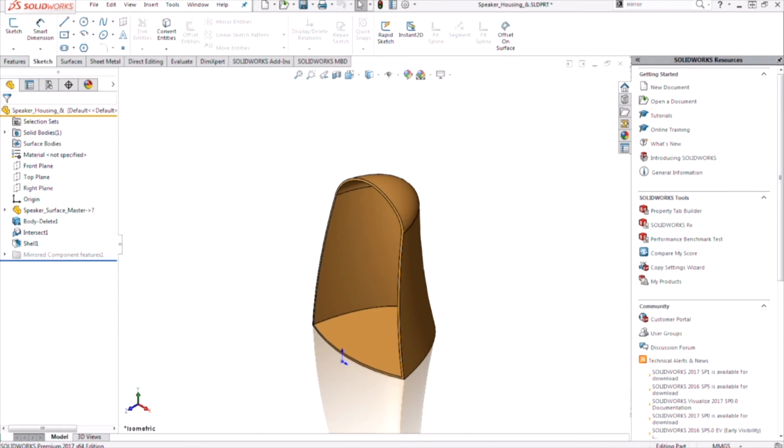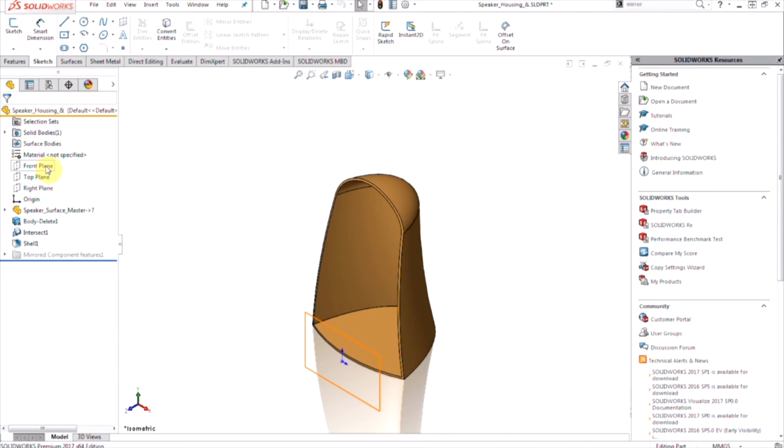So imagine we're at the tail end of our design process and our part is completed already. All that's left is we need to create documentation, and part of the documentation is creating a mirrored view inside that drawing. In 2017, SOLIDWORKS has introduced the ability to mirror a drawing view without any additional configurations or